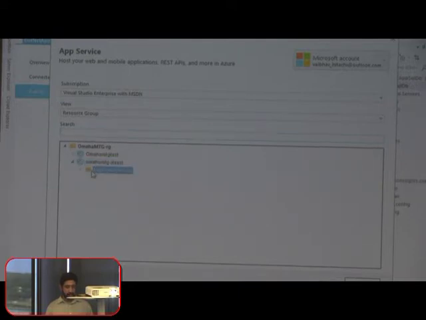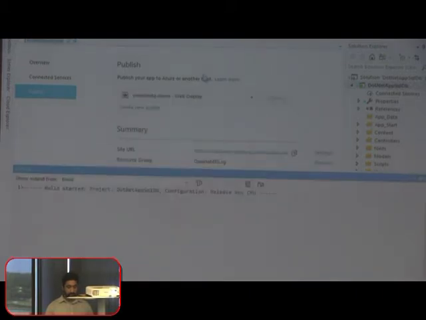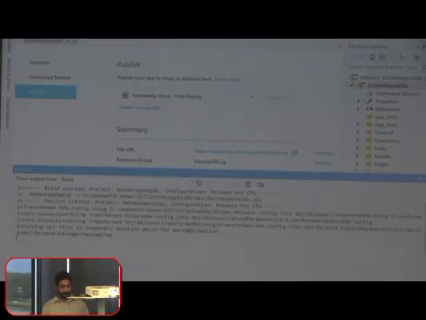So you are seeing here the deployment slots. As of now, this was the blank placeholder I have created earlier, but I can create different slots here and I can choose which slot I want to deploy it into. I will select the website. Since there is no other slot, this is the first time I am deploying this, so that's why it's not giving me an option to select any particular slot. By the time it gets deployed,